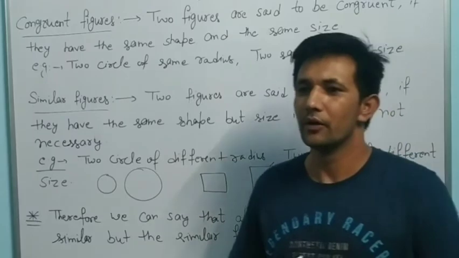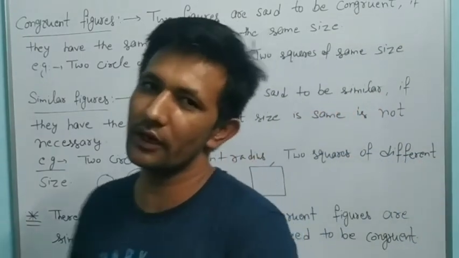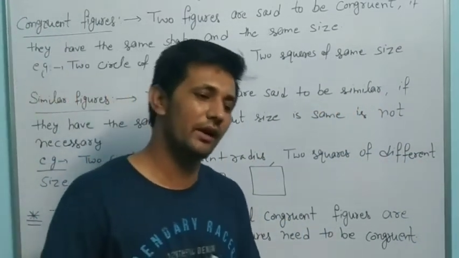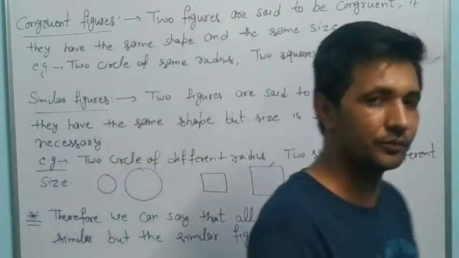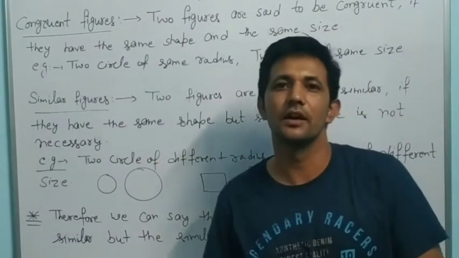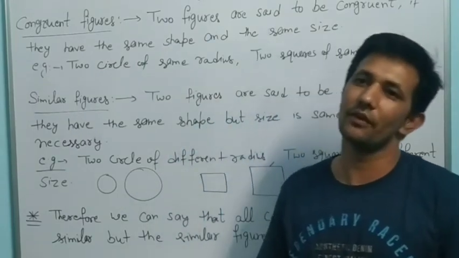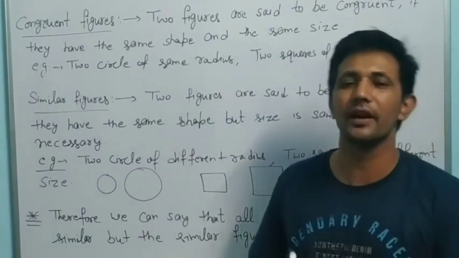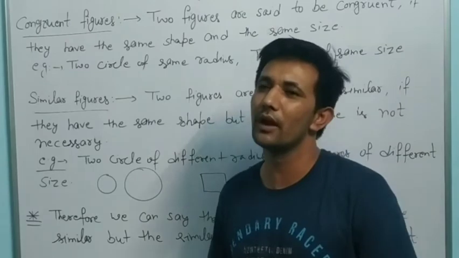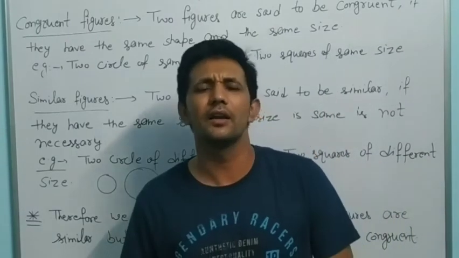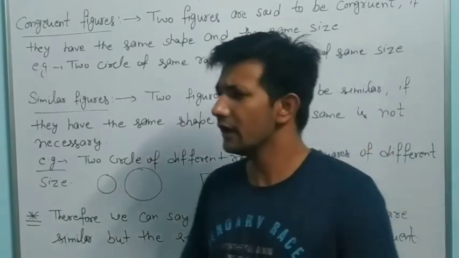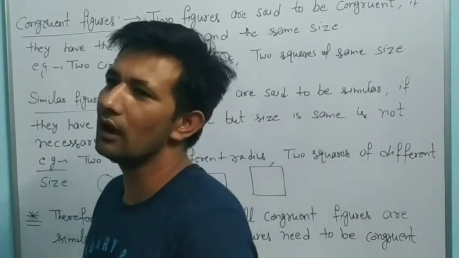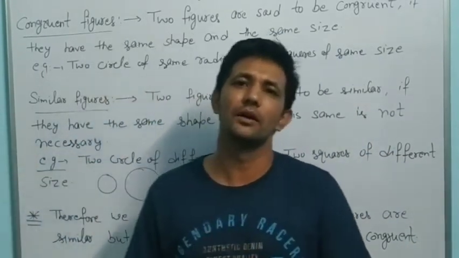Okay, dear. Today we are going to start our very important sixth chapter, Triangles. So note it down, dear. What is a triangle? Everyone knows what a triangle is. We have already studied the properties of different types of triangles in the 9th class or 8th class. But here we will discuss some more properties of triangles.